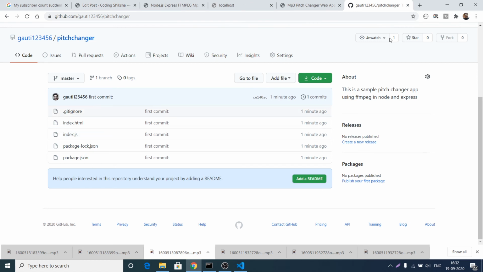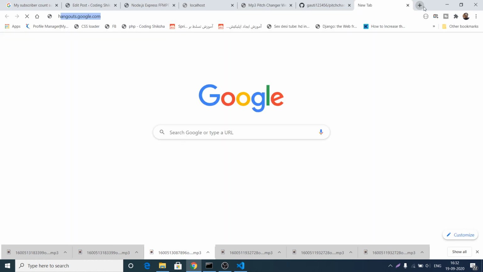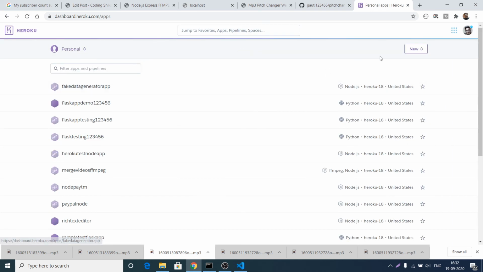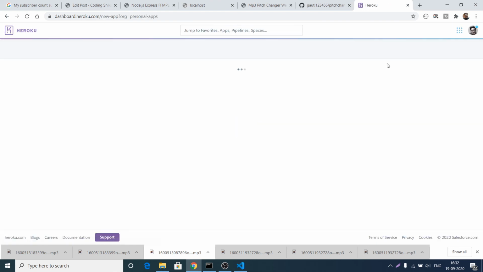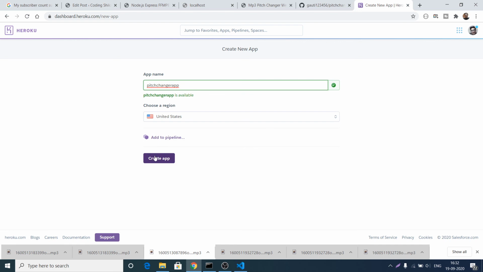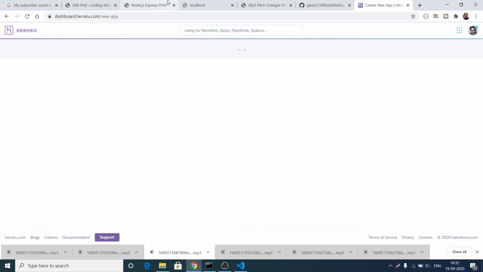So after you deploy this code, go to heroku.com. So I'm assuming that you have an account on Heroku. So just verify your debit card for creating it. I have many apps running on this, you can see. Click on the new option and click create new app, and just give a name to it, pitch changer app, and this name is available. Create app,